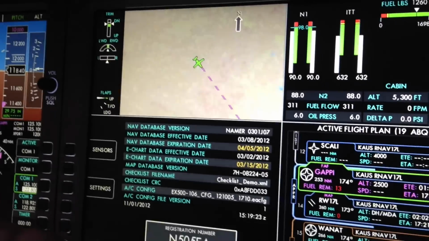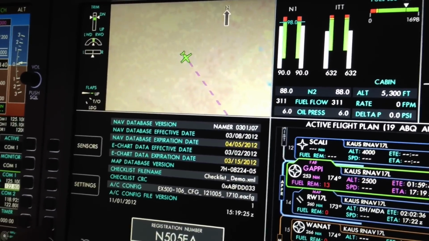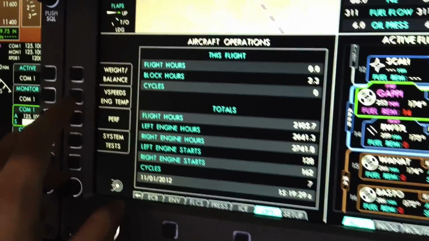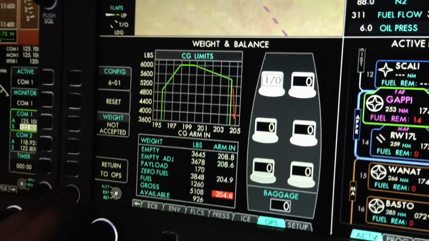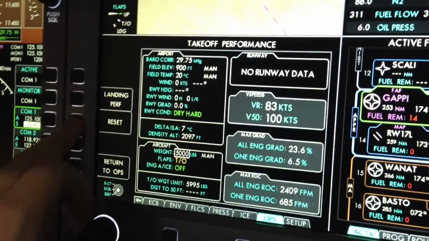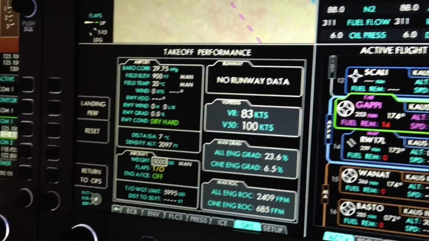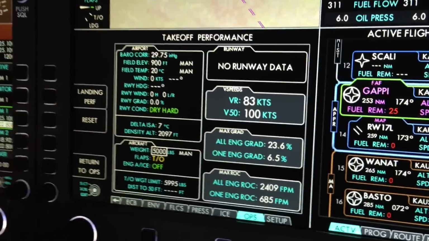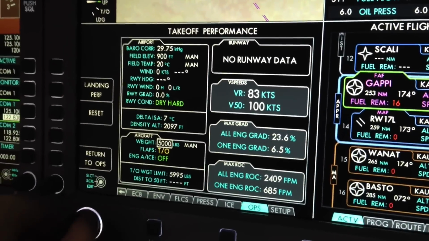The other new thing with 2.5 is that you have a performance section. So as you know, we have the weight and balance, we have the speeds. Perf lets you dial in takeoff performance data. I'm not sure if they get preloaded based on the conditions, to be able to roll them in, and it